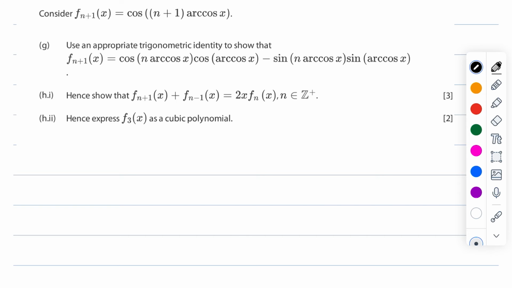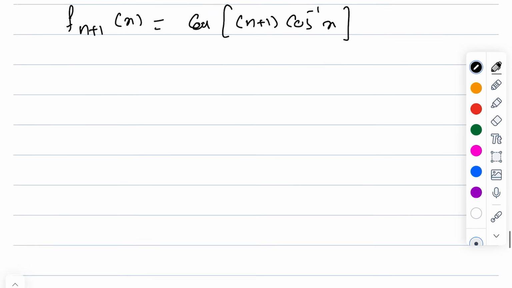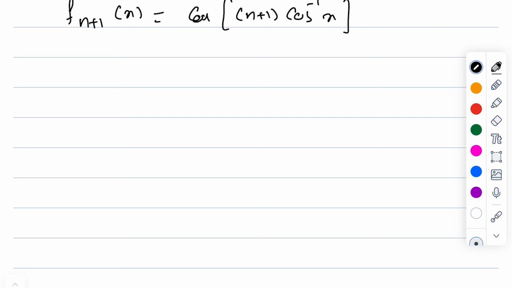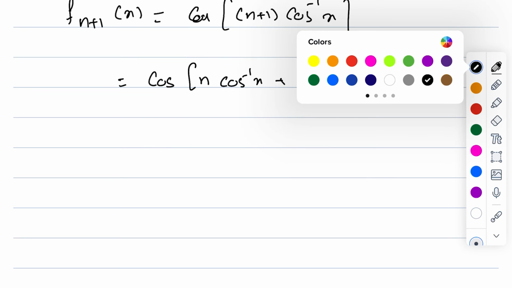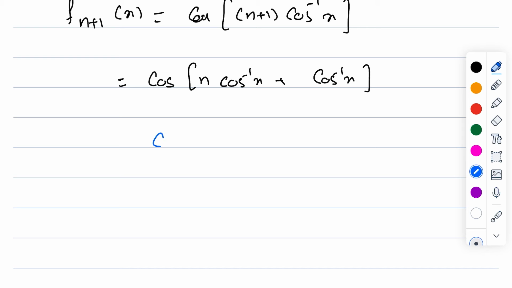So use an appropriate trigonometric identity to prove this one. fn plus 1 of x equals cos of (n plus 1) cos inverse of x. So it becomes cos of (n cos inverse of x plus 1 cos inverse of x). I'm expanding it out like this. Now then I use the identity cos of a plus